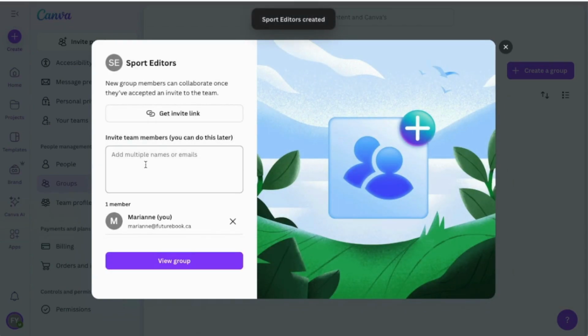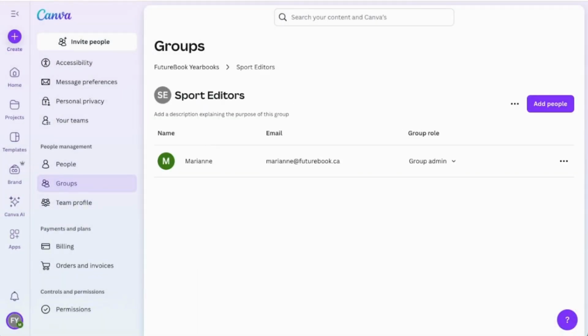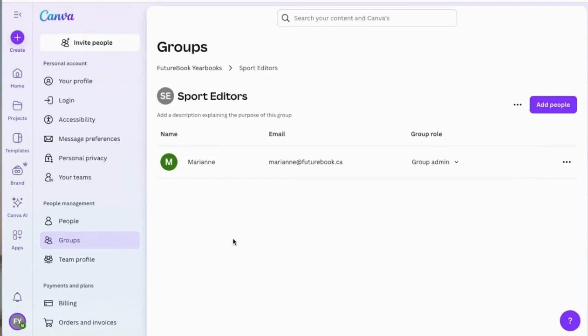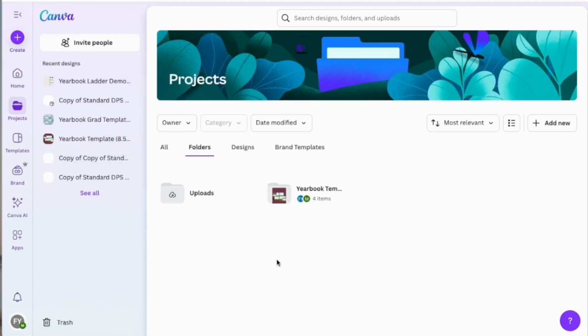And then on this page, this is where you can invite your team members by simply typing in their name, adding their emails, or you can also, of course, copy and paste the link. Once you're done, click on View Group. Now that you've created a new group, I'm going to show you how this is a great way to assign certain sections to students. On the left side toolbar, if you select Projects, under your Projects tab, you might have